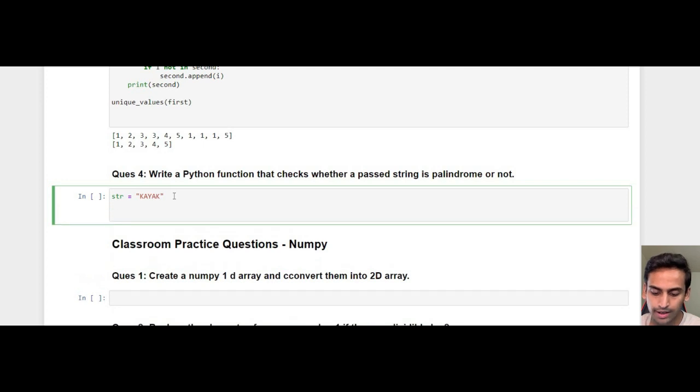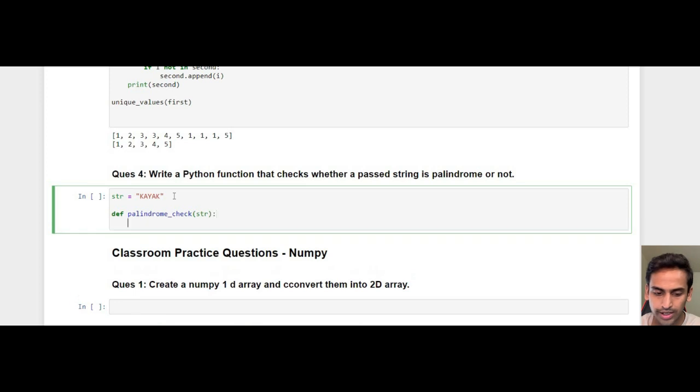For example, if I go with Python, when you read from beginning till end it says Python, but when you read it the other way around, it's NOHTYP, which spells something different. So what we are doing is creating a function which can tell us whether the given word or string is a palindrome or not. The way we can do it is by creating a function palindrome check, which accepts a string, and here we will check whether this string